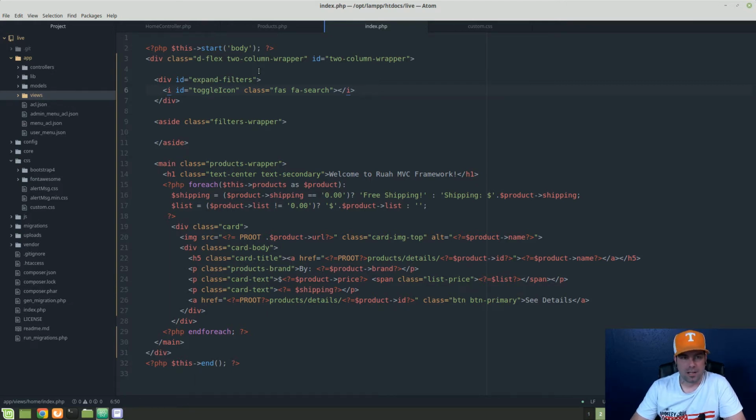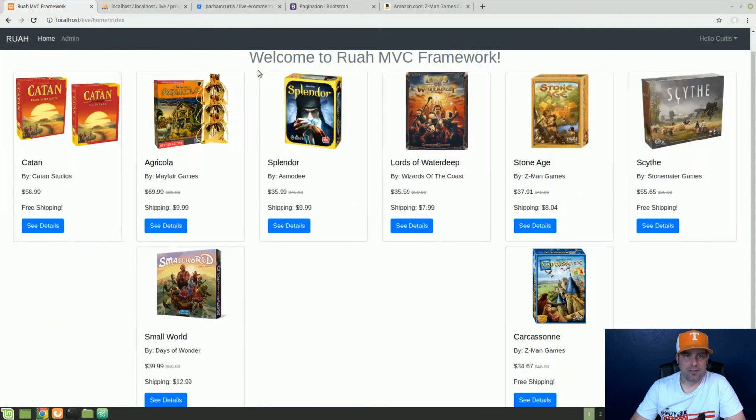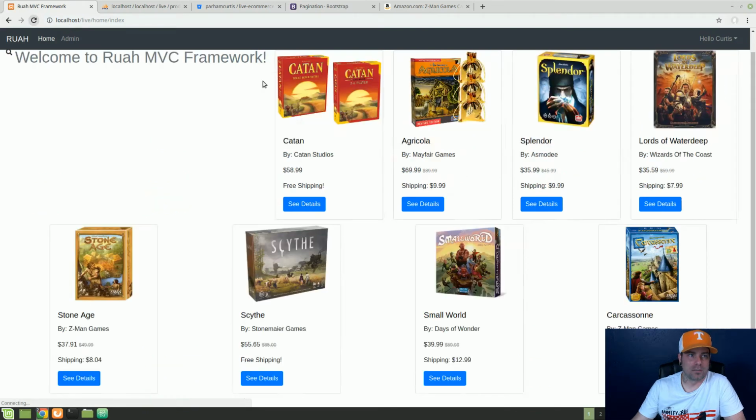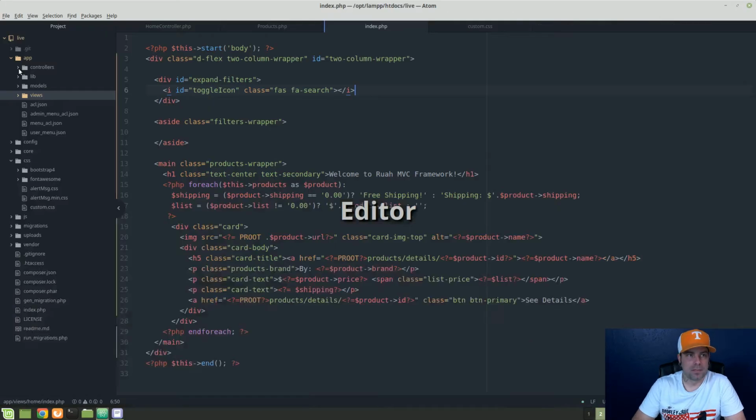So we're just going to knock out some of the HTML for that right away. There's not much going on here now. If I just refresh the page, it actually looks all funky. So that's not a big deal. We'll fix all of that with our CSS, but you can see our little search icon up here. All right, so the next thing that we want to do is inside of,